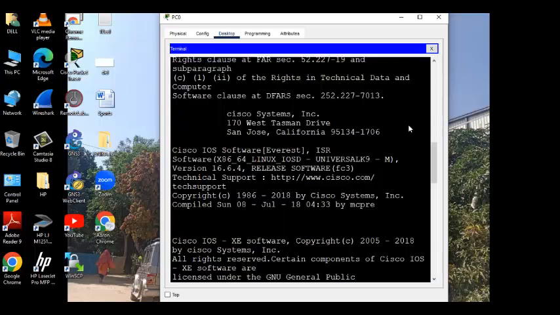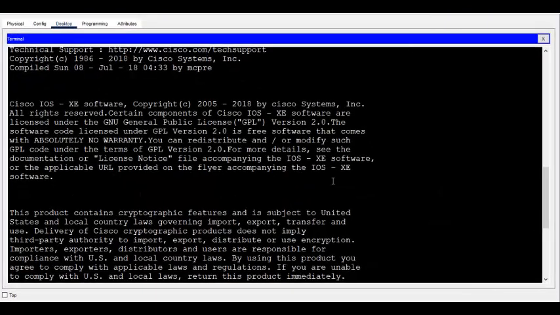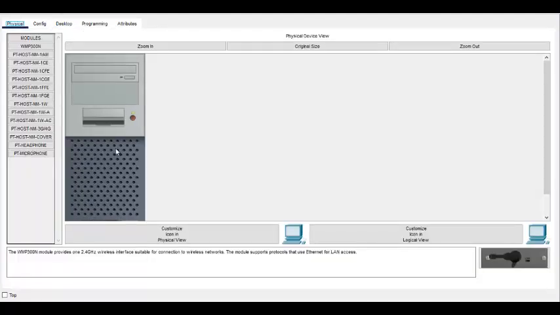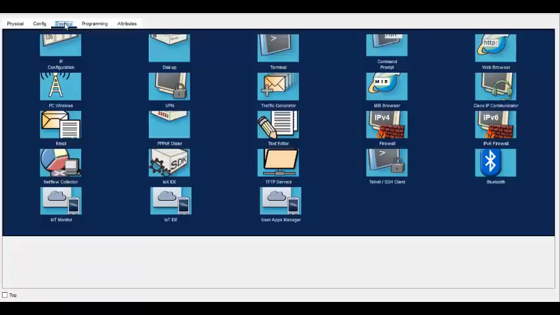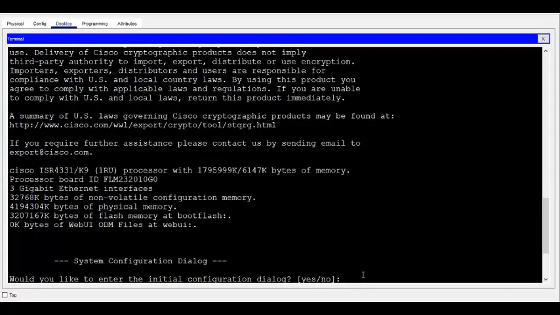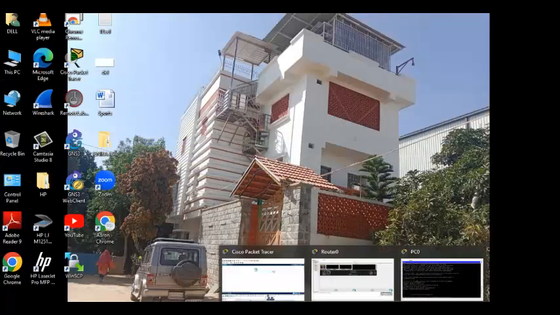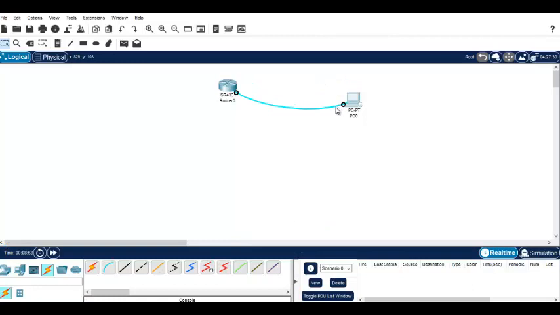Now you say, okay, look at this. You are seeing the router in the PC, in your laptop, in your computer. You are able to see the router. You see, this is a PC. This is not router. This is your computer. Now, to see the router, you need not put any IP address. You just simply connected the wire, and that wire is a special wire, a blue color console cable,